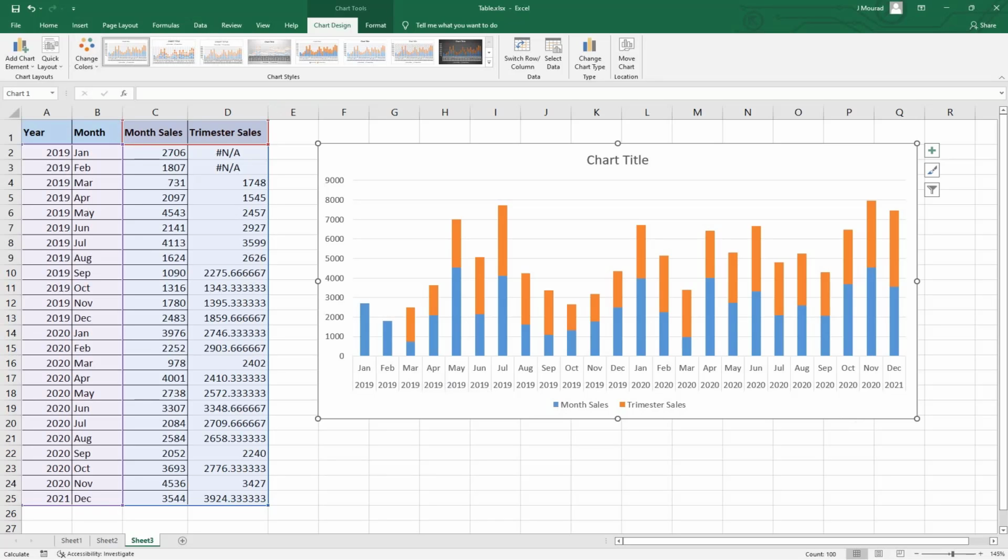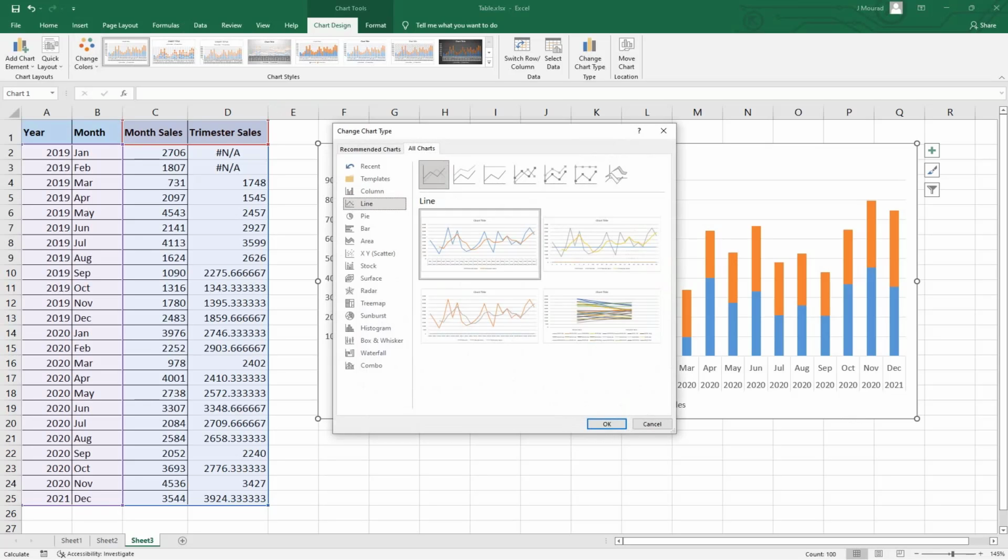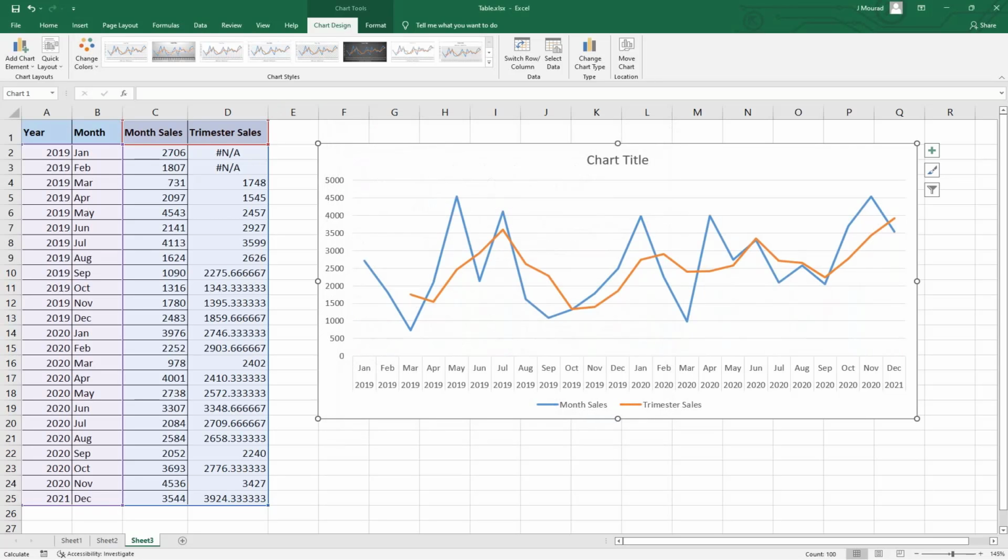Go to Chart Design and select Change Chart Type and select an appropriate chart type. So the line chart is the one I'm searching for. Let's just select it, and you can see here the month sales in blue and the